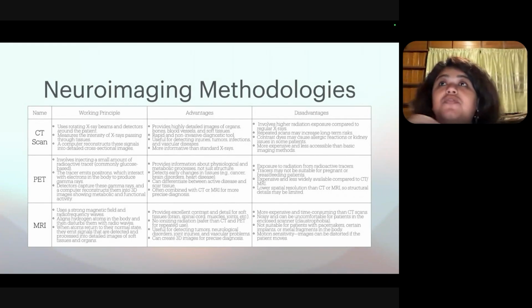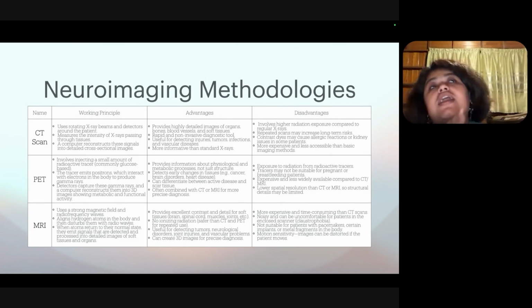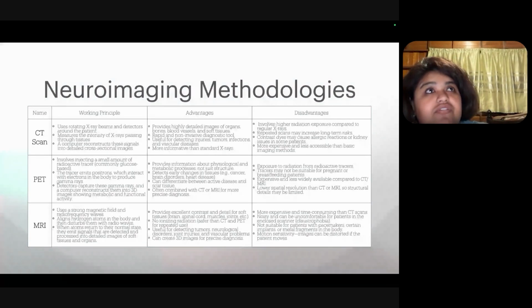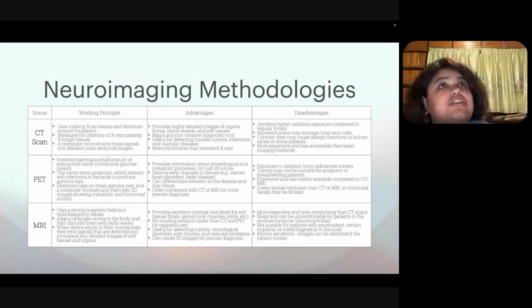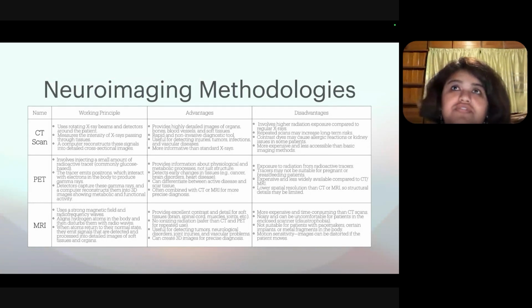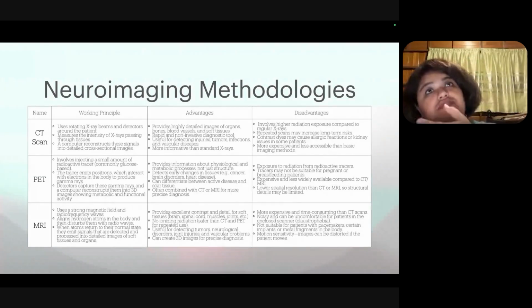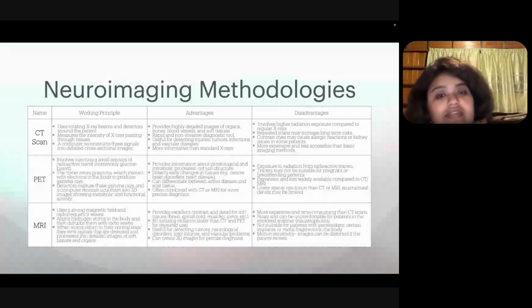So what is it associated with? Abnormal deposition of amyloid beta protein is associated with Alzheimer's. That is how the doctor will diagnose the patient with Alzheimer's. This is exactly why PET scan is needed. When there is no structural problem, the problem is functional. When your endocrine system and your peptides and proteins are involved, CT scan cannot help you. That is why you need the PET scan.